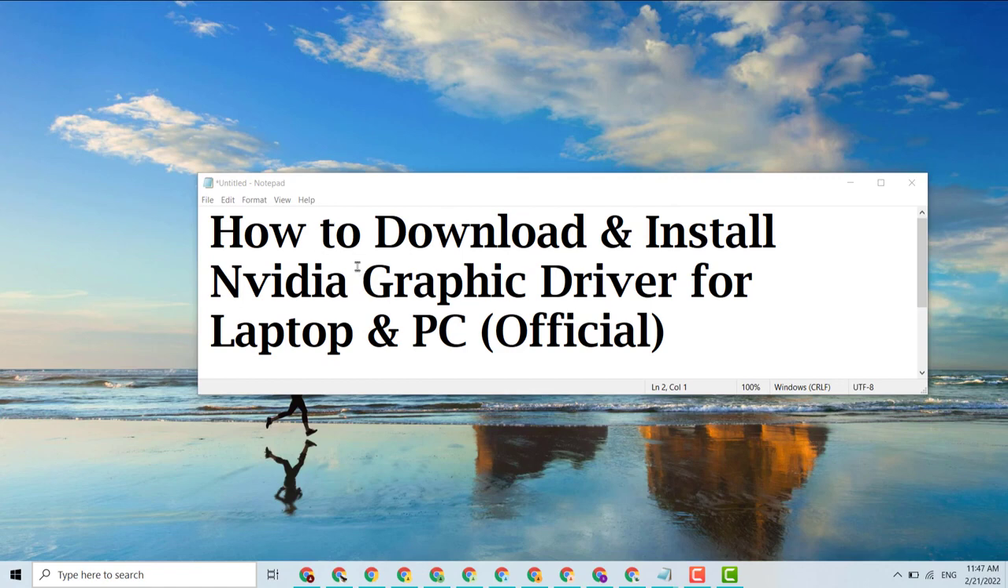So guys, after installed file and running Nvidia graphics driver for laptop or PC. So very easy and